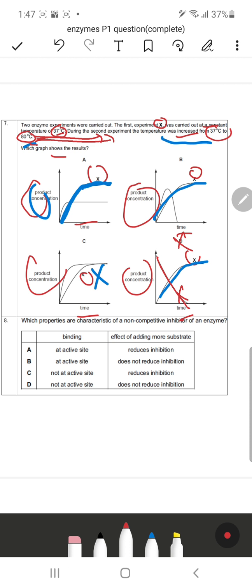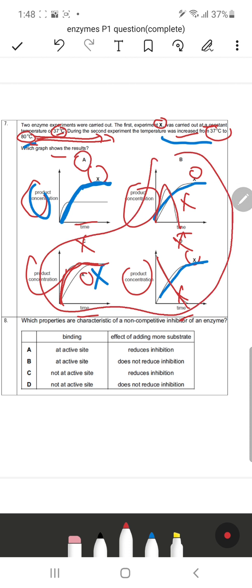The products are never going to decrease. How can we decrease the products? B says the product increases and decreases. The product cannot suddenly increase and decrease because it's the final end product we're talking about. C shows the same thing as X, but a much steeper line, as if it's even more. So that's obviously wrong. Eliminating all the other options, only A remains, where the product concentration has actually decreased, although there is a bit of a steeper part of the graph over here. This is because the temperature is higher, so there will be a few more collisions at that point. However, the product concentration will be less because suddenly the enzyme